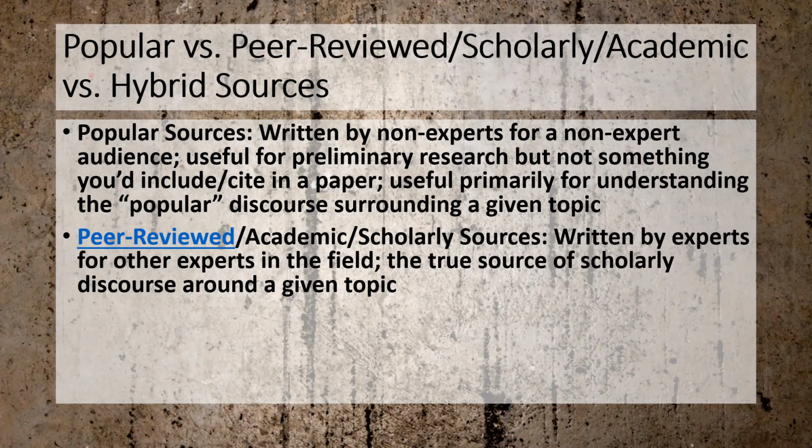So anything that is actually published as a scholarly article or any kind of academic peer-reviewed source has been reviewed by other peers, other experts. So it's not just one expert's work. It is their work, but it has already been reviewed or vetted by other scholars. So it's highly credible and trustworthy. That doesn't mean it's perfect. There can be flaws, but at the very least, it is reliable in a scholarly sense. That doesn't mean all scholars agree with every single point made, but the scholarship itself is valid.